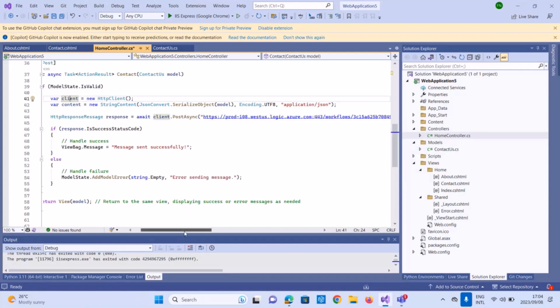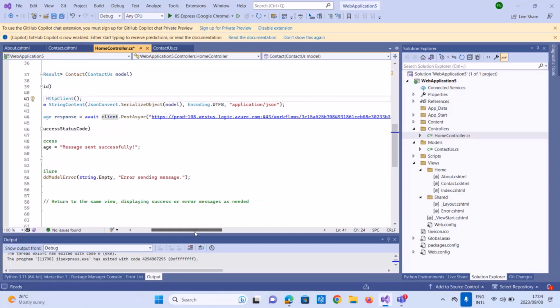Then send it to where? To Microsoft Power Automate. You saw on the presentation that MZ was doing, after he created the schema, it gave him a link. That link is the one that he will use to communicate. Then this link is the same. After you have created a flow and a schema, it will give you this kind of an